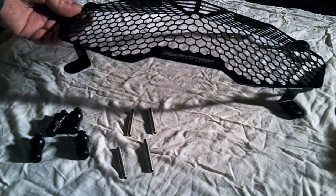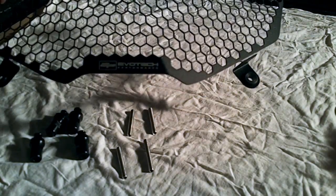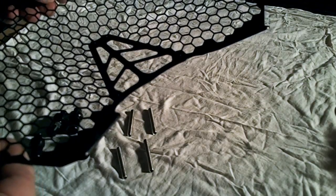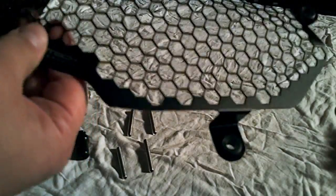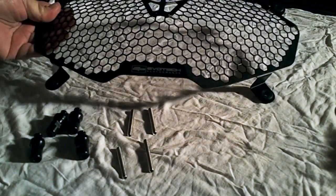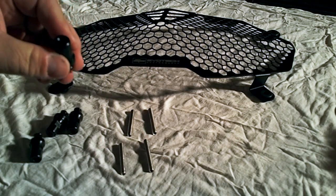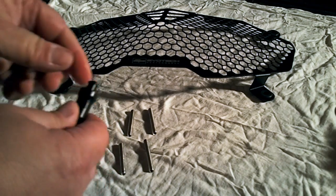You can see this very well made headlight guard, hexagonal holes. It's made of high strength aluminum, aircraft grade aluminum, powder coated in black. Looks fantastic, but is incredibly lightweight. Great little guard. You'll also receive some bolts and some studs, and we'll go through the process of how this install all works, how these components